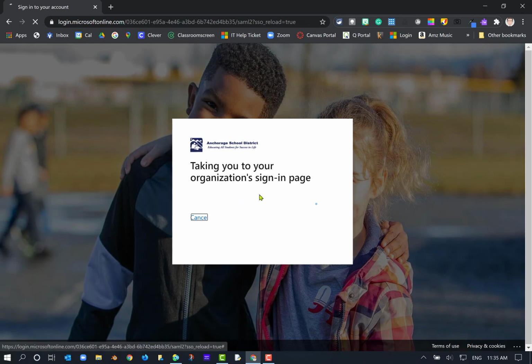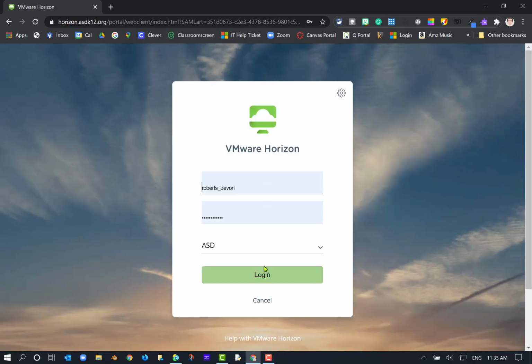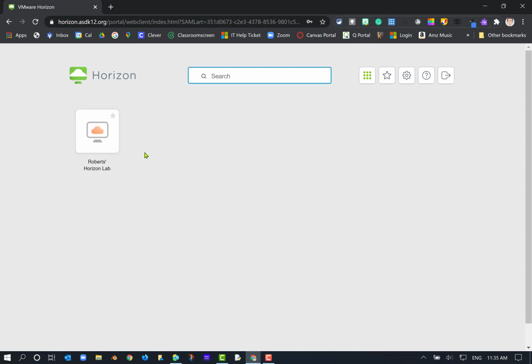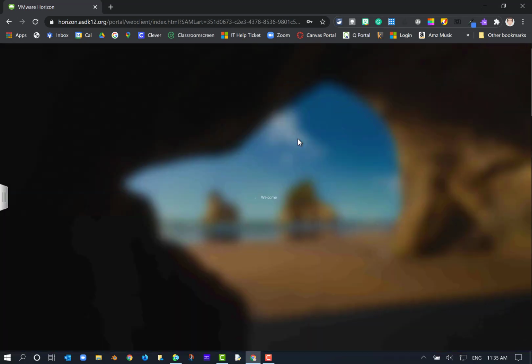So here we're logging into our account in Horizon, and we're going to get assigned a random computer. We're going to click on Robert's Horizon Lab, and that will log us into one of those 30 machines up there in room G109 at Service High School that we might actually see here in the next month or so. All right, so here we're waiting for it to log me into a machine, and I'm going to show you